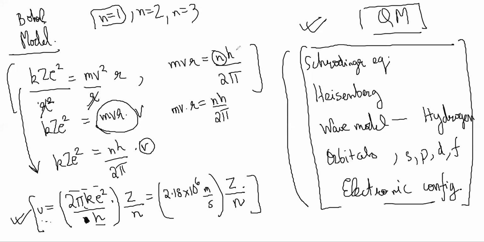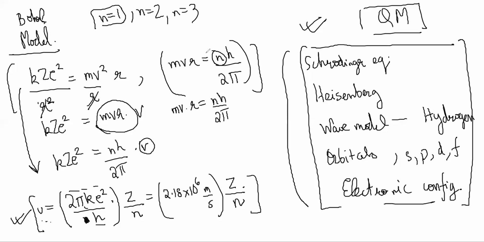In Bohr's predictions, he was saying that angular momentum is quantized, right? Angular momentum goes in steps of h by 2 pi, 2h by 2 pi, 3h by 2 pi and so on, where n is deciding which orbit you are in, right? N is not the number of orbits. Total number of possible orbits is infinite. Like you can be in n is equal to 10 or 1 also. N is not limited. But which particular orbit you are in decides the angular momentum. This is the meaning of the Bohr postulate.